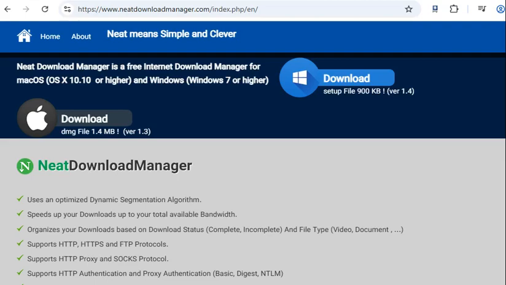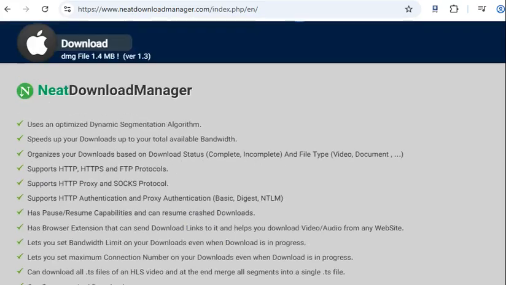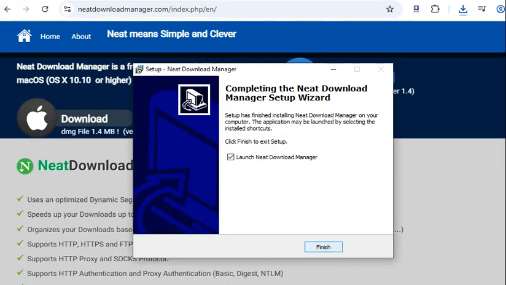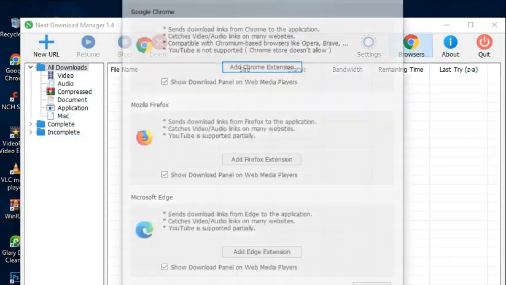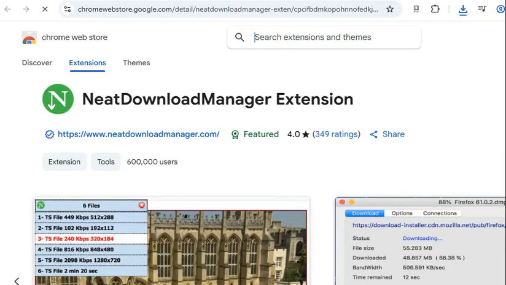Neat Download Manager uses segmented downloading and bandwidth optimization to make the most of available network speed. Users can pause, resume, or restart downloads at any time without losing progress, minimizing interruptions during unstable sessions. Integration with popular browsers such as Chrome, Edge, and Firefox lets users capture download links or media files directly through